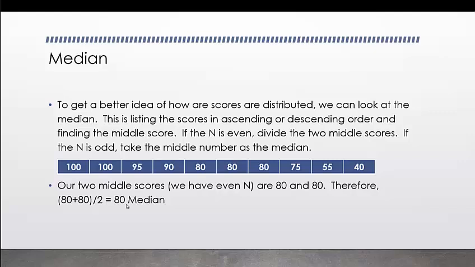So here are our scores from ascending to descending order. And we can see that our two middle scores here were 80, so we know that the median is 80, but technically we would add them together and divide by 2. So if we were to look at our median score,